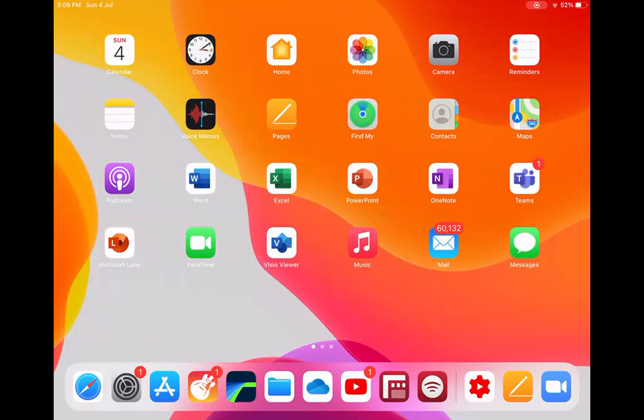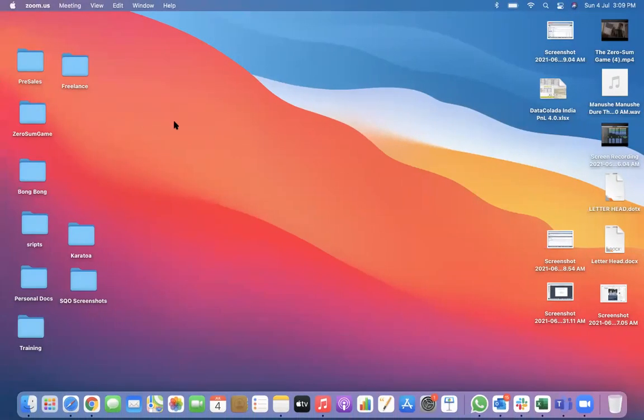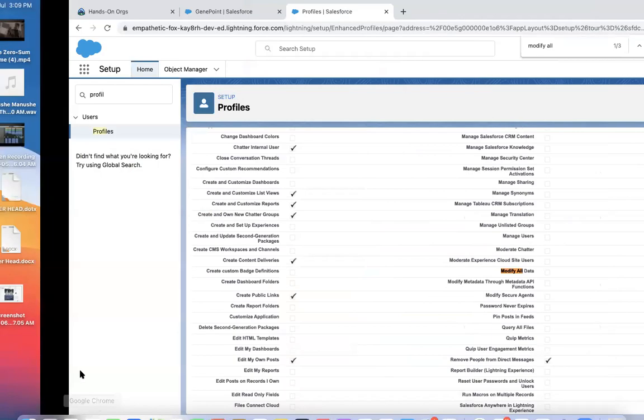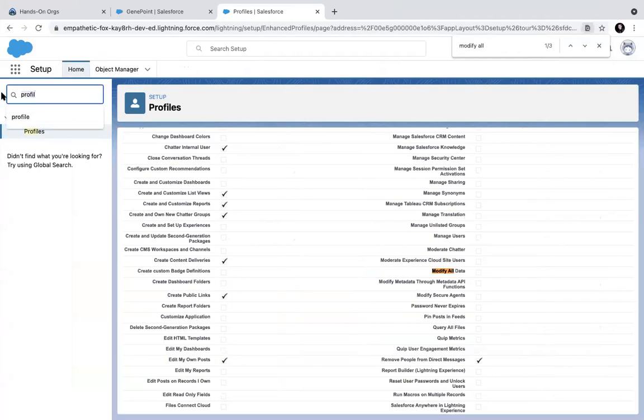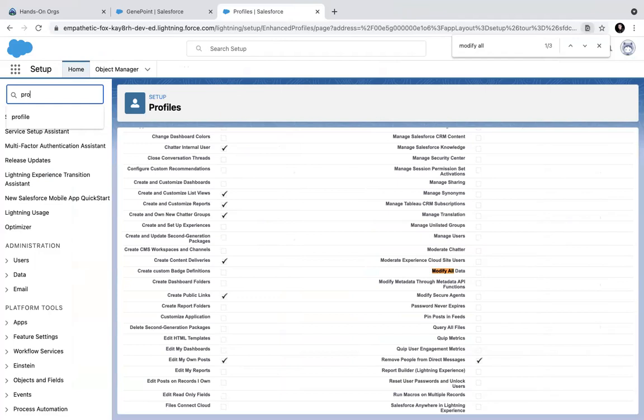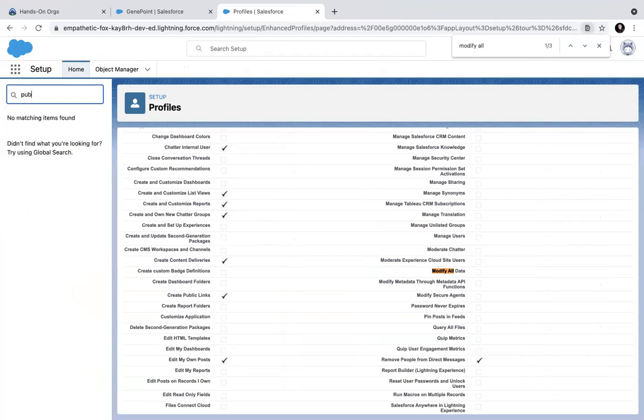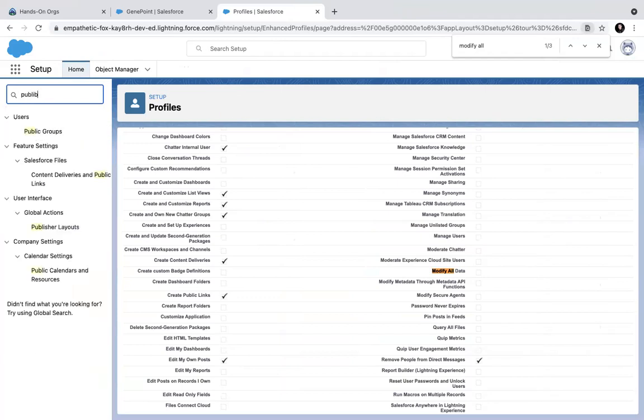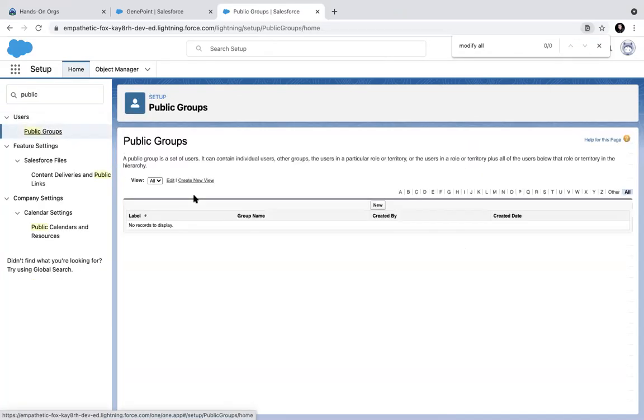So let's start working on understanding a little more detail about users. Here we talked about public group, right? Public group is just a group of users. That's it. A public group can contain another public group. It can contain roles.